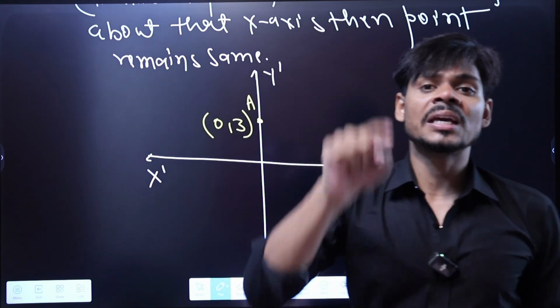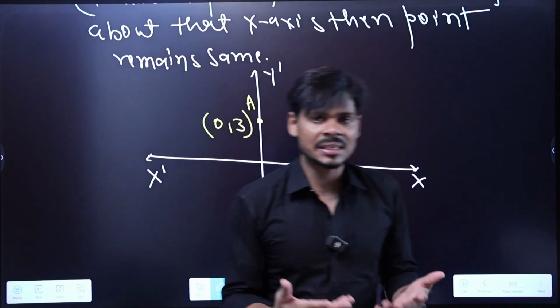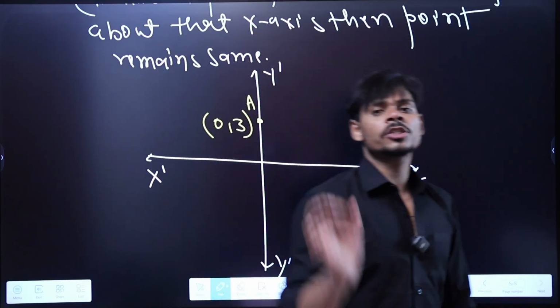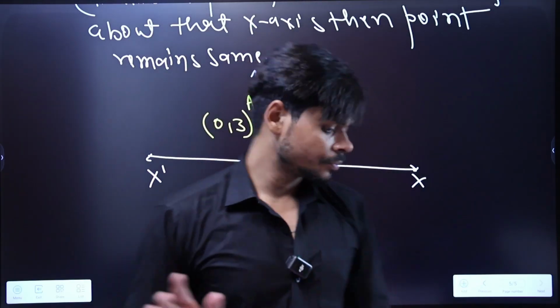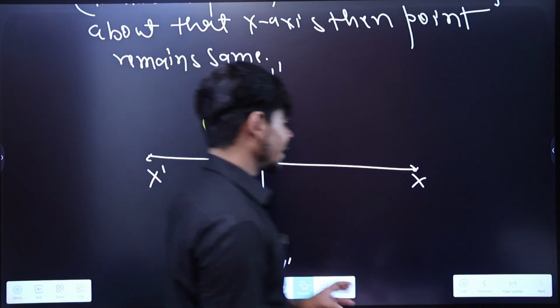If we take reflection and we get the same point, then that point is called the invariant point. That's it. Got it? Okay, fine. So these were the concepts